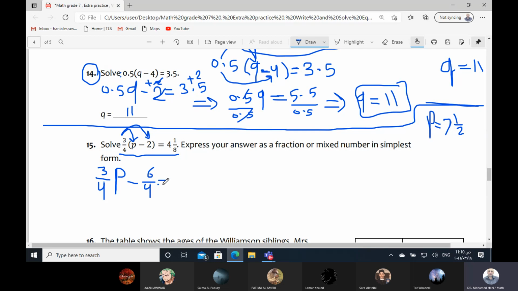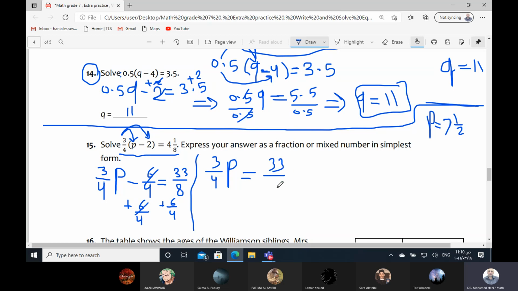On the next side here, we have a mixed number. Change it to a fraction. 4 times 8, 32, plus 1, 33, over 8. Try to remove minus 6 over 4, so you can add 6 over 4 to the two sides. Minus 6 over 4 and plus 6 over 4 will be 0. Remains here 3 over 4p equals